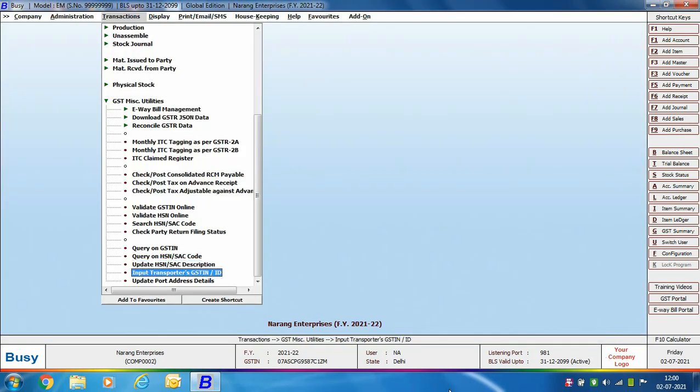Next is input transporter's GSTN ID. With this utility, you can specify the transporter's GSTN or transporter's ID. Transporter's GSTN ID is mandatory to be specified as it is required to generate the e-way bill number. Along with the transporter's GSTN or ID, you can specify other information related to the transporter such as address, place, pin code,